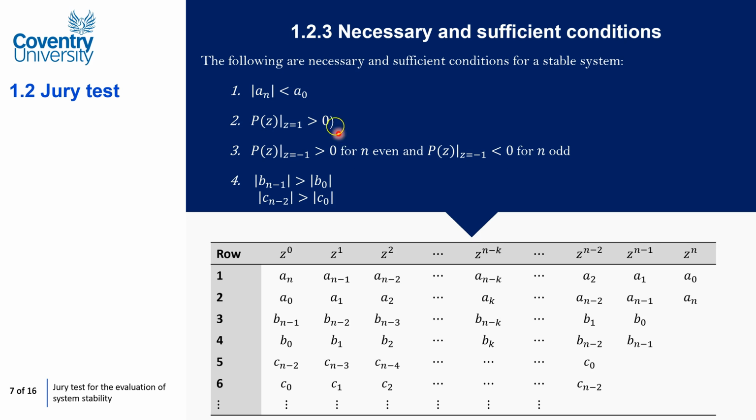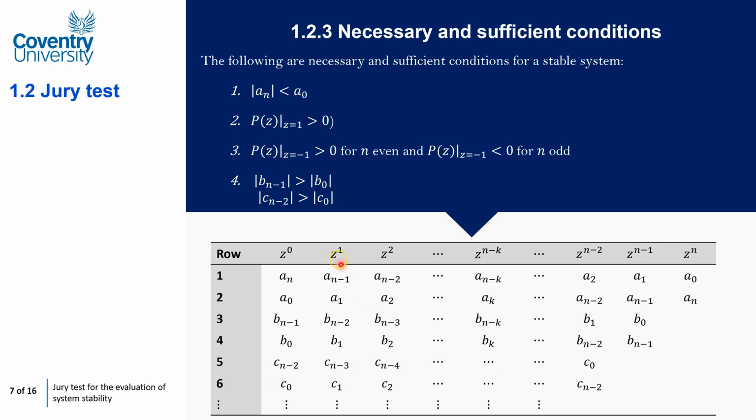Alright, so first of all, you run through these 3 criteria, and then what you'll have to do is, depending on the order of the system, so if it's third order, you'd just do this formula here, because you would only go down as far as this on the table. If it's fifth order, well, you'd only go this far, but if it's fifth order, then you would go down to